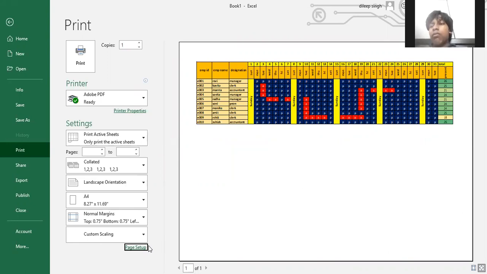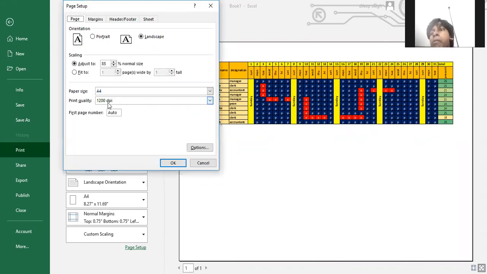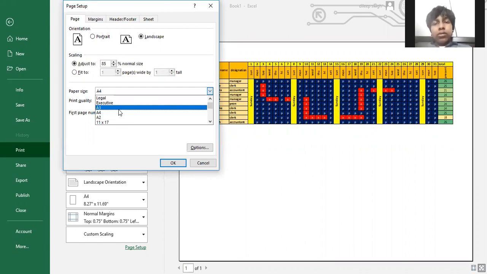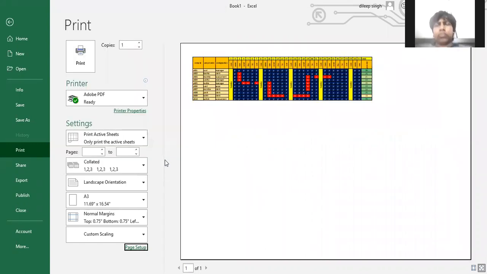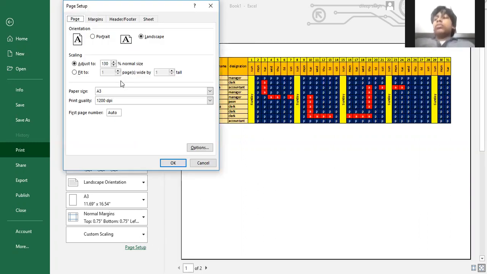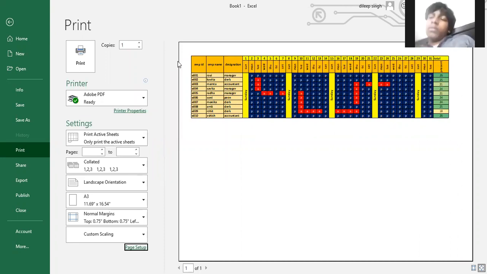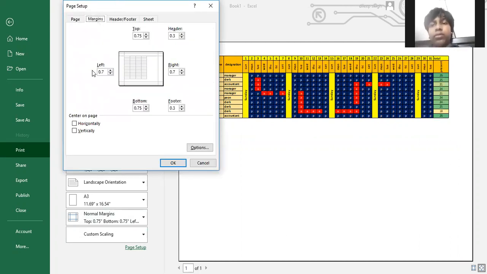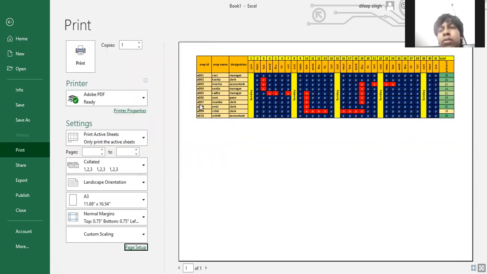And if we want to change the paper, you can use this option. Here is the A3 size. When you click on A3, you will get a larger paper. After that, we can also increase the view percentage and we will get a proper printout. I think it is a little bit more, so we decrease it by 10% and click here. You will get all the data like this. But the margin is not equal on the left and right, so we want to equalize the margin. Here we have an option: click on margin and click on horizontal. After clicking on horizontal, you will get the same space on the left and right.